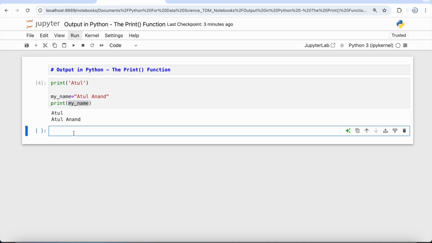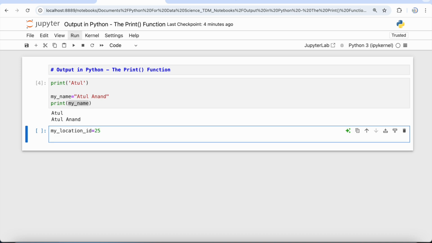So let's say that I have to give my name with my location ID. So let's say I'm going to put in a new variable, my location ID, and then I'm going to put over here 25. Okay, and then I'm going to give a print statement saying hello, my name is Atul and my location ID is, and now I have to use this my location ID over here. So I'll simply copy this my location ID. After this double quote ends, I'm just going to put a comma and then I'm going to give this my location ID